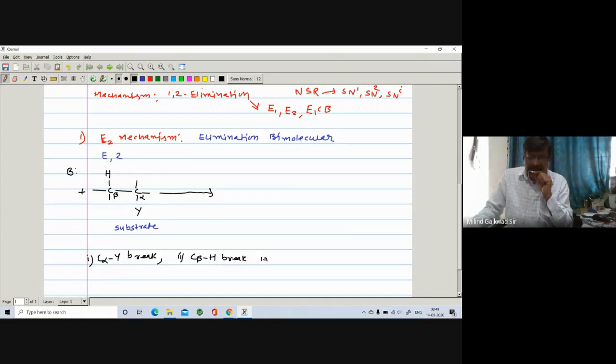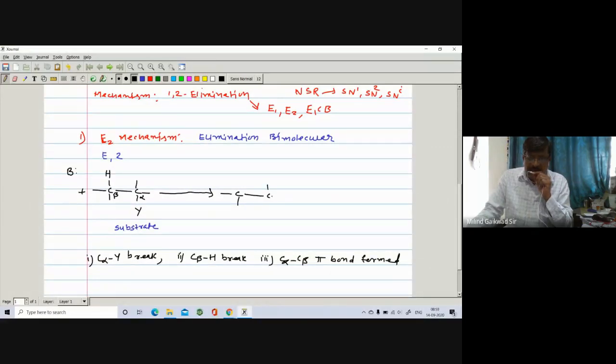And number three, the C alpha, C beta pi bond formation takes place. So there is a formation of a pi bond between C alpha and C beta. So these three processes take place simultaneously. So here we can write the transition state. Here is the carbon. Here is the corresponding